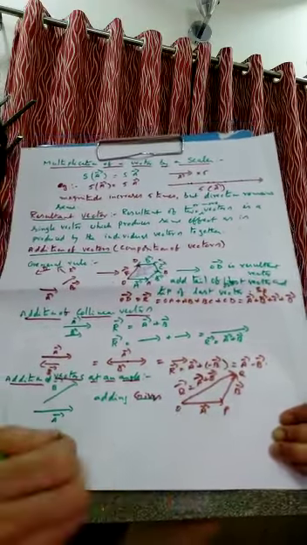Okay children. So what we have studied: different types of vectors, you know how to multiply a vector, and you know how to add vectors if you get more and more vectors. But you don't know how to find out the resultant vector's magnitude and direction. That will be done in the next class.